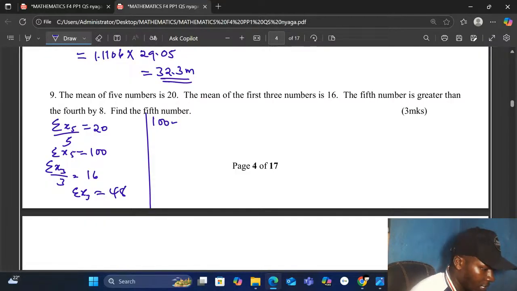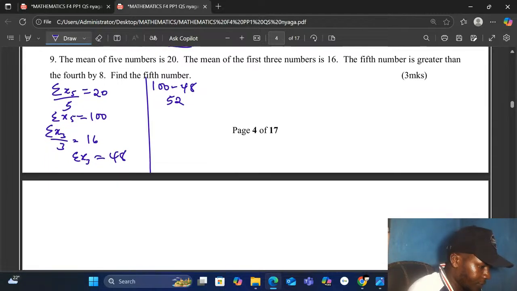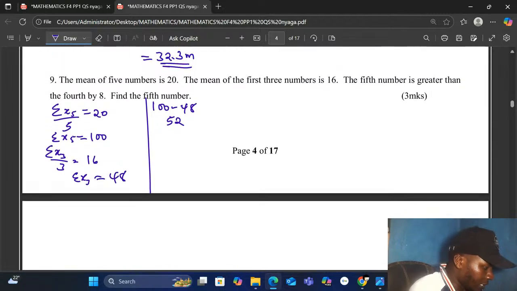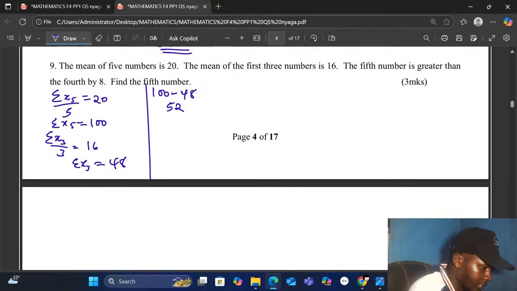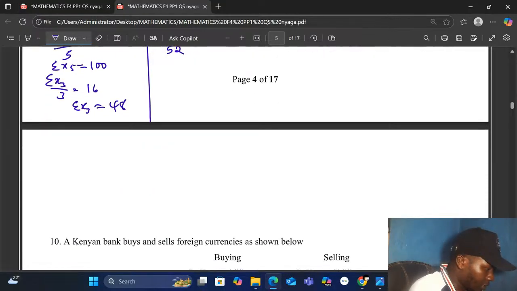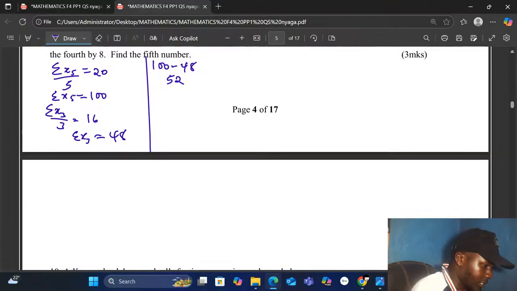So we take 100 minus 40, that is now 48, and we get 52. Now we can let... can we do it here or here? Let's do it here. Now let the fourth be x